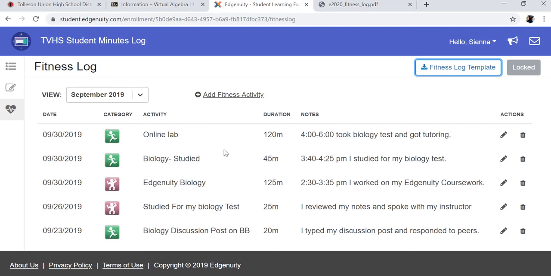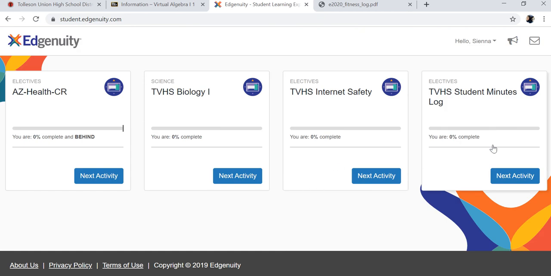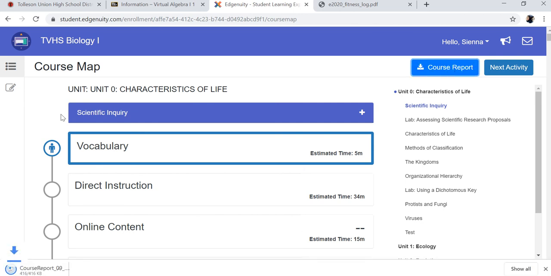Your teacher will be able to pull a report that shows exactly what you added in here. And we're going to be able to pull a report as well, making sure that you are doing what you're supposed to be doing and saying you did what you were. So let's say I totally forgot. I know I worked in my biology class for maybe like 3 hours yesterday. I was really hitting it hard. I got through a lot of stuff and I can't remember what time I did it at or what I was doing. If you head over back to your class like I just did, so this is my regular bio